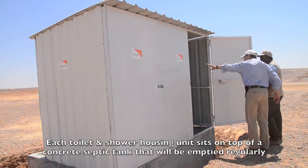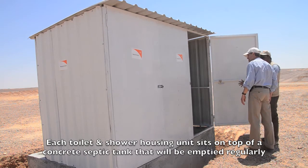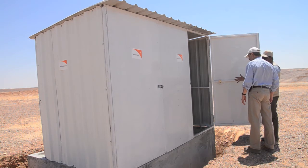Okay, so what do we got here? This is basically a complete toilet shower unit. It's meant for 1 unit is meant for